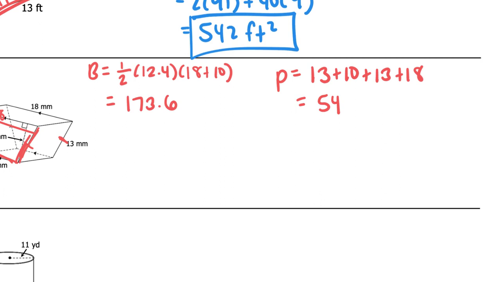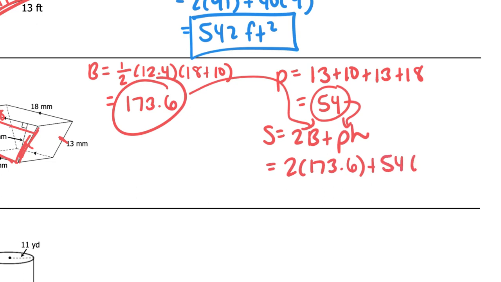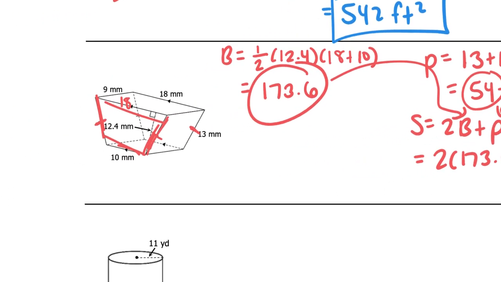So then we're just going to plug into our surface area formula, which is 2B plus PH. So big B, the area of the base, goes there. P, the perimeter of the base, goes there. So it'd be 2 times 173.6 plus 54. The height of the prism, going back to look at this picture, do they tell us the